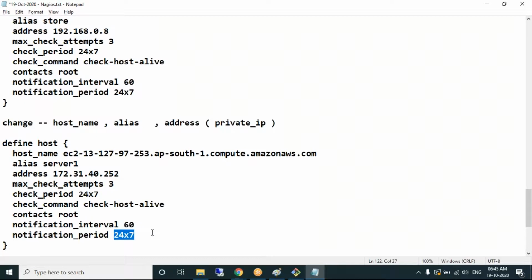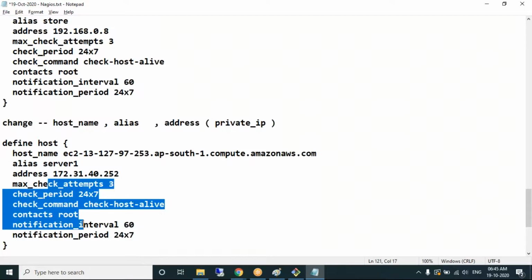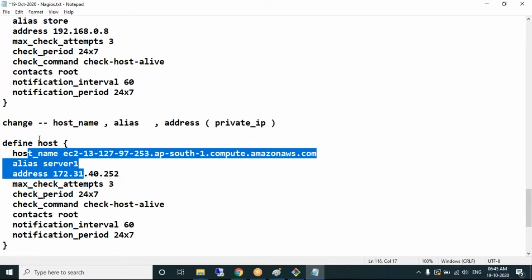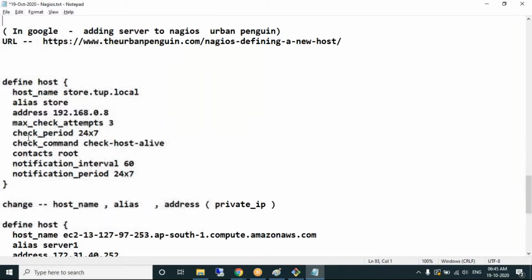Okay. So these are a few pieces of information which we need. We'll not generally disturb all this. We'll be disturbing only these 3 values which I have changed, and then this should be placed in a new file. So let's create a new file.